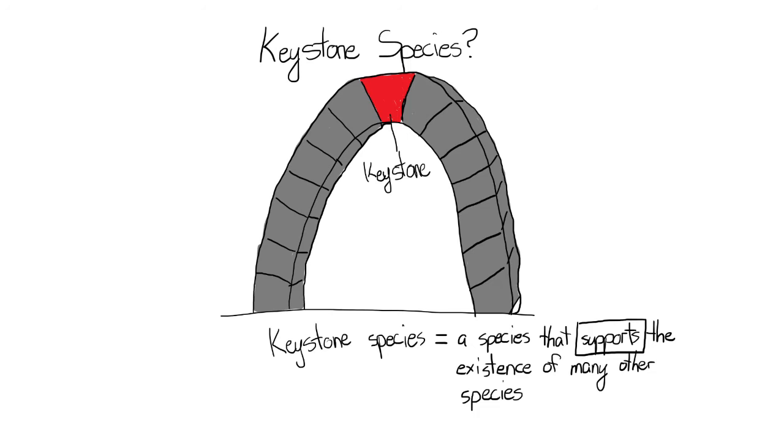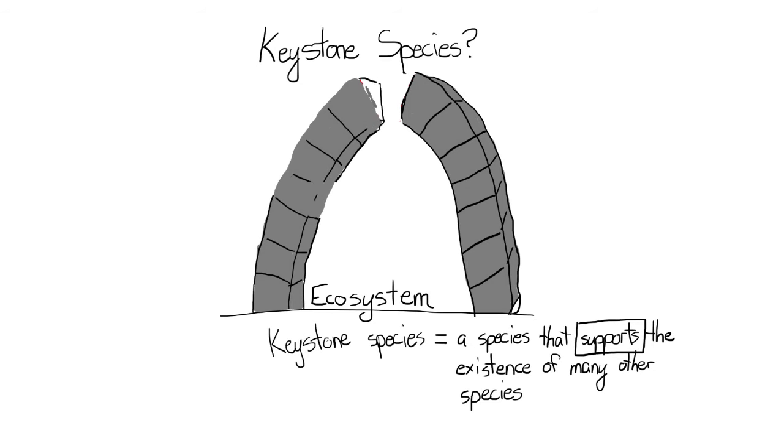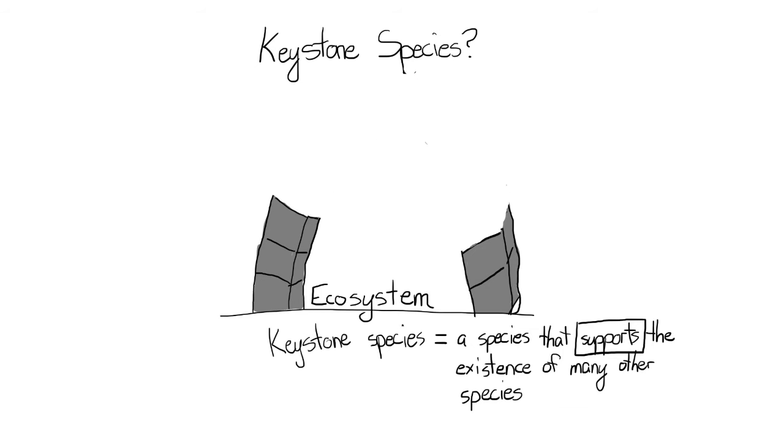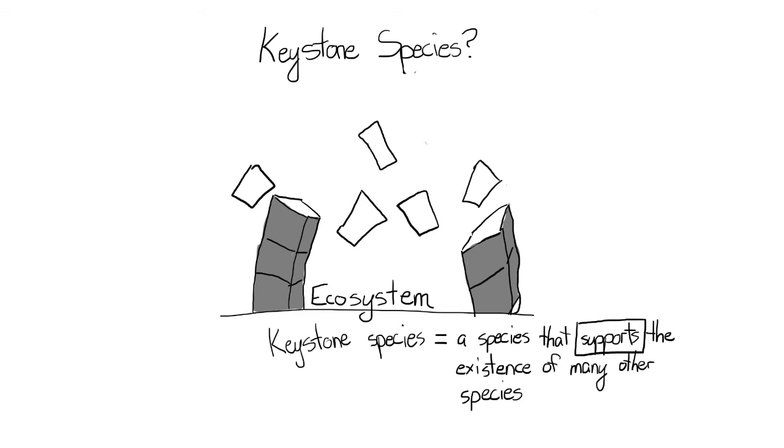So think of our arch now as an ecosystem, and there's some critical keystone species that's supporting all of this structure. If you were to remove that keystone species, what would happen to the arch? Well, this is a no-brainer. That arch would crumble. If a keystone species is removed from an ecosystem, then many of the components of that